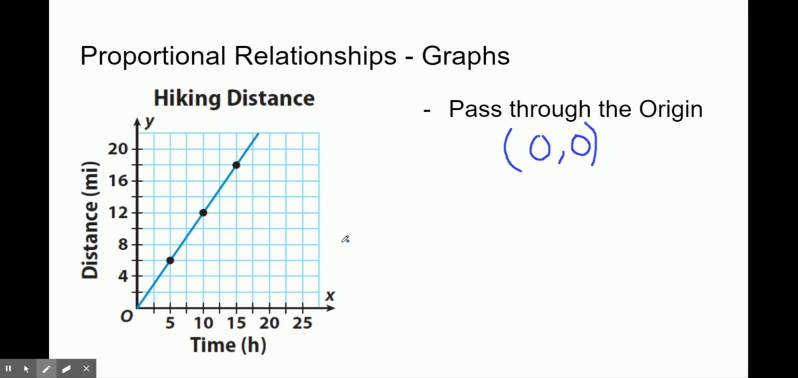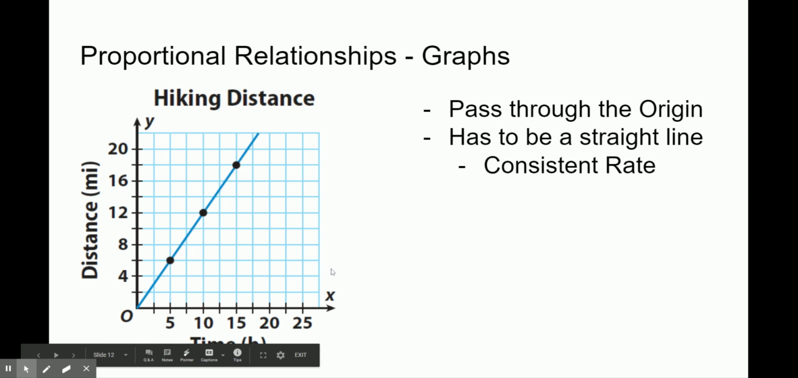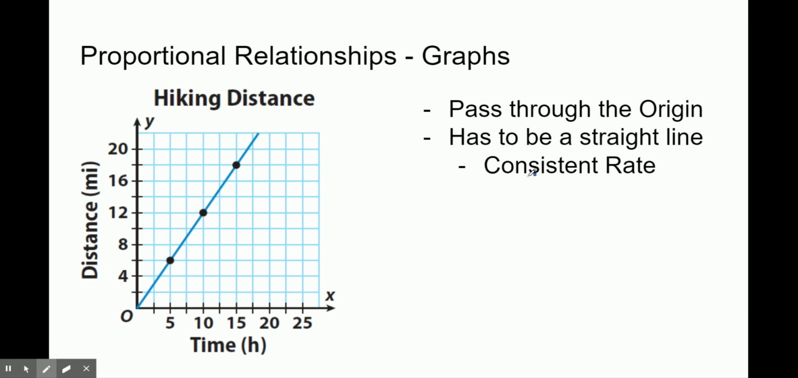So it's the point where both our x values, our horizontal values, and our y values, or our vertical values, are both equal to 0. So this point at the origin, 0, 0, has to be part of our graph. On this graph, that is a point, so we know that this could be a proportional relationship. The other thing that we're looking for is that our graph has to be a straight line with a consistent